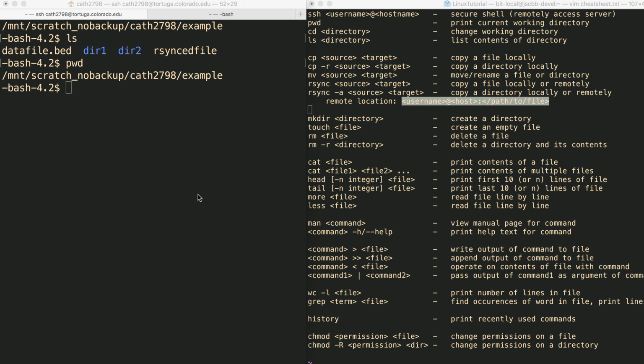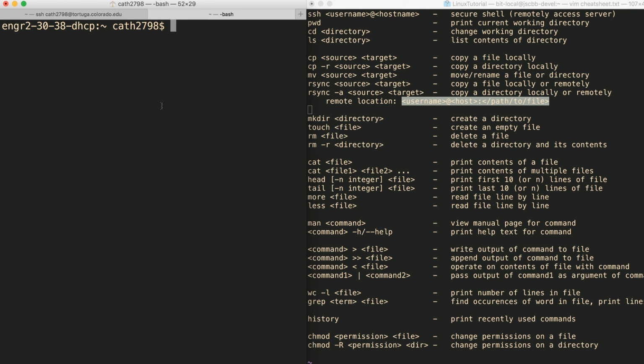You can also use the rsync command to copy a remote file or directory. To specify a remote path, you use username at the hostname, then a colon, and the path to that file or directory. For example, I will copy this whole example directory into my home directory on my own computer with rsync -a, my username at Tortuga,